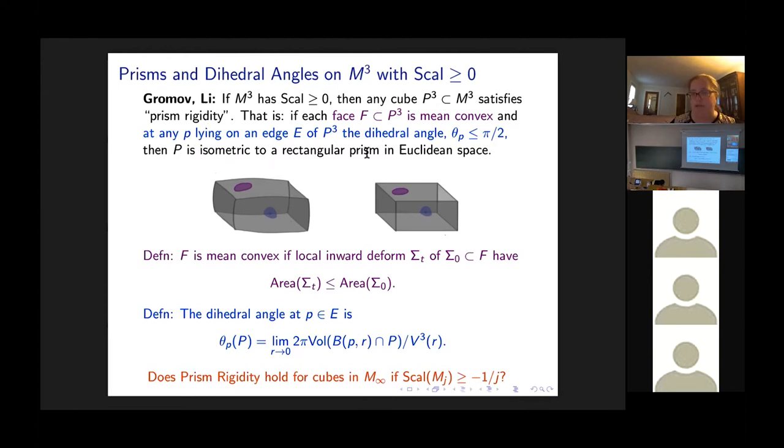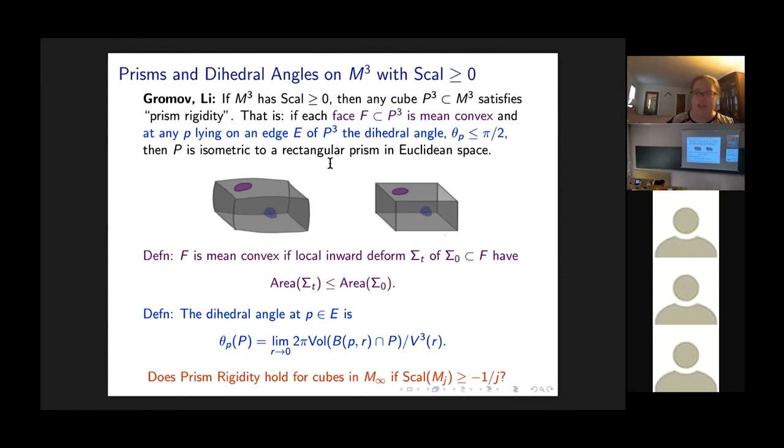The fact that P is isometric to a rectangular prism in Euclidean space. Now, Chao Li has a beautiful proof where he proves this theorem using the capillary effect. And instead of minimal surfaces, he uses capillary surfaces, which are surfaces that have a little bit of pressure on one side, and they are forced to attach to the edge with certain angles. It's sort of like water filling a glass. It has a little bit of a curve to it because of the effect of water meeting the boundary of the glass. So he uses the capillary flow, and he uses a kind of